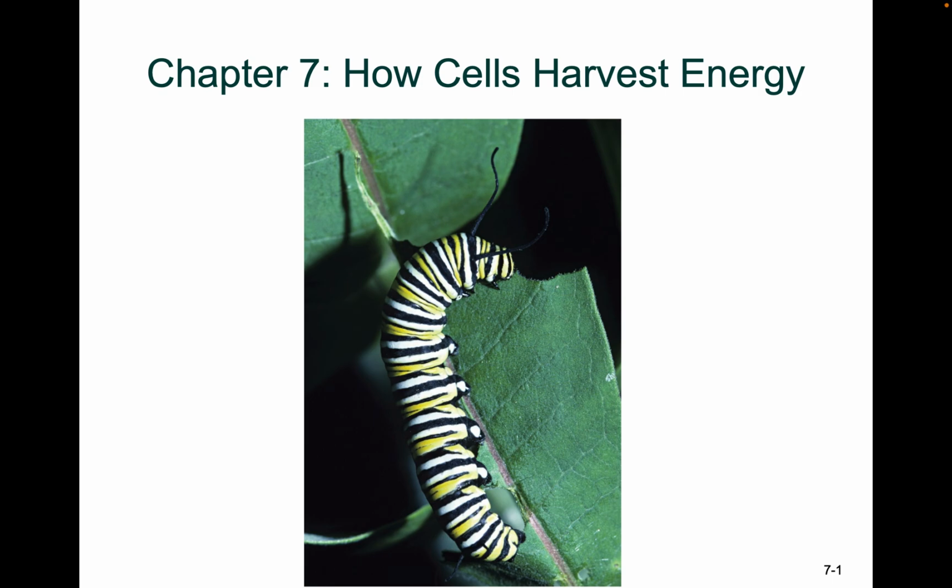Hello, guys. So, welcome to chapter 7. Chapter 7 talks more about how we can harvest energy. We spoke a lot about thermodynamics generally, the changes of energy, how we're able to take up energy and how we can transfer it, and the laws within this: we cannot create, we cannot destroy energy, that's the first law of thermodynamics, and we can only transfer it.